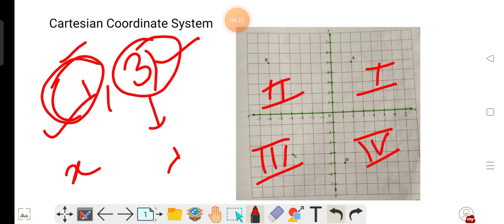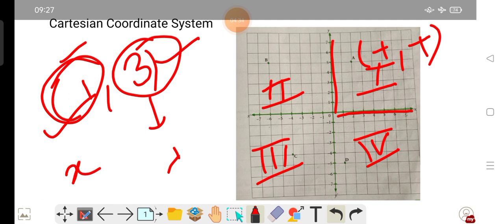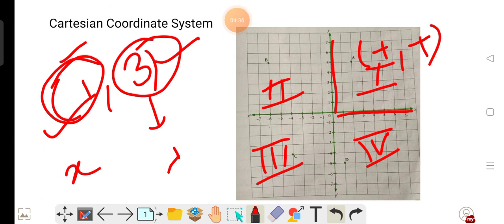Okay. So look at this. In the first quadrant, if we plot any point, we will move along this and this, both are positive. So in this quadrant, the x-axis and y-axis points, that means abscissa and ordinate, both are positive. Now look at the second quadrant. We have to move to the negative side of the x-axis and the positive side of the y-axis. So in this, your abscissa is negative and your ordinate is positive.